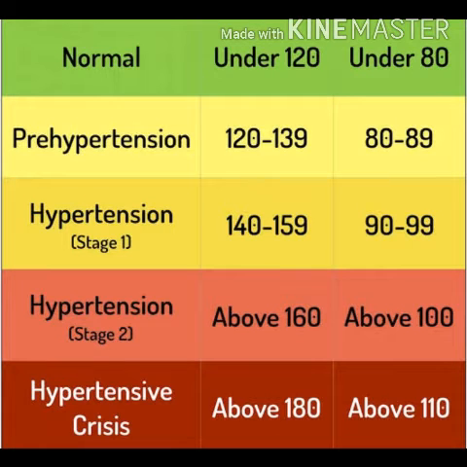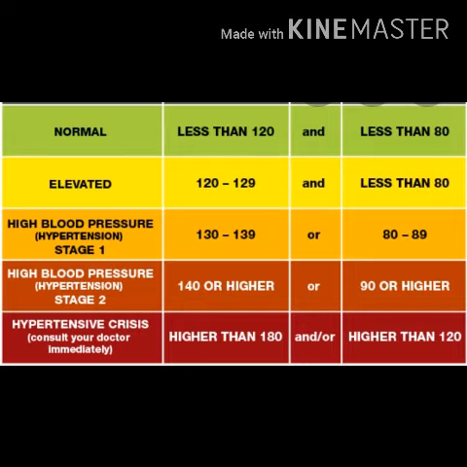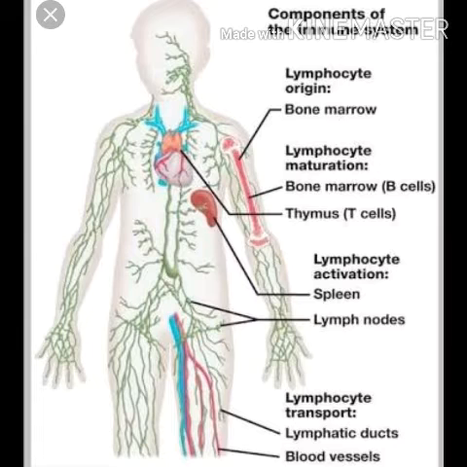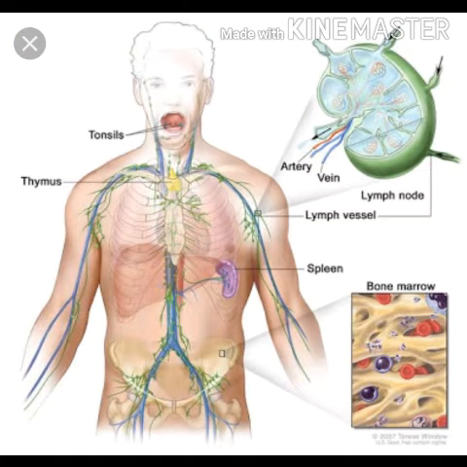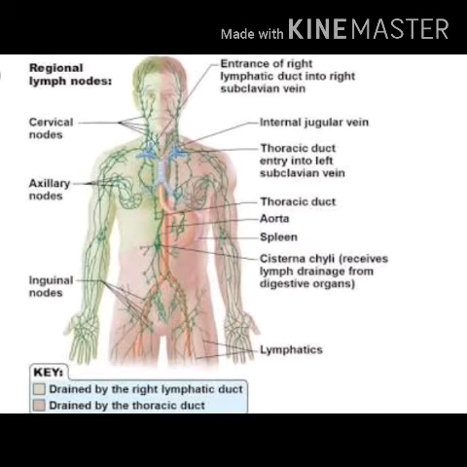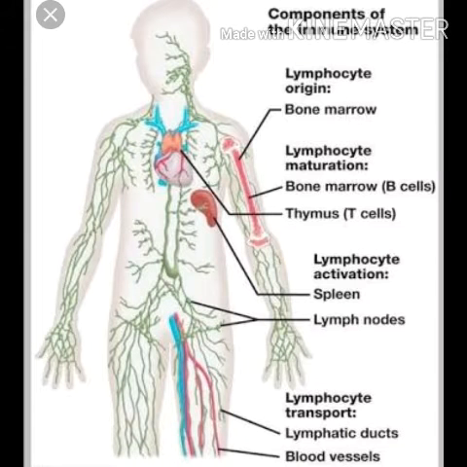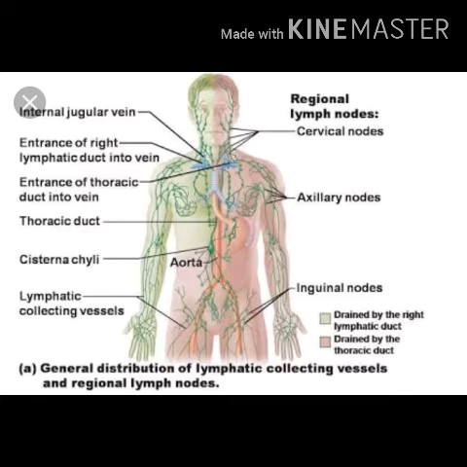So now move on to another topic, the lymphatic system. The lymphatic system is a part of the circulatory system that consists of lymphatic vessels that carry lymph across the body. The lymphatic vessels have lymphatic nodes at various intervals of their length. Now name some major lymphoid organs in the body. Some major lymphoid organs are the spleen and thymus gland.